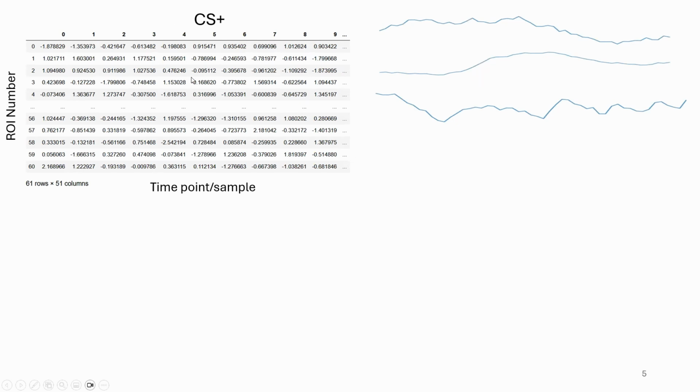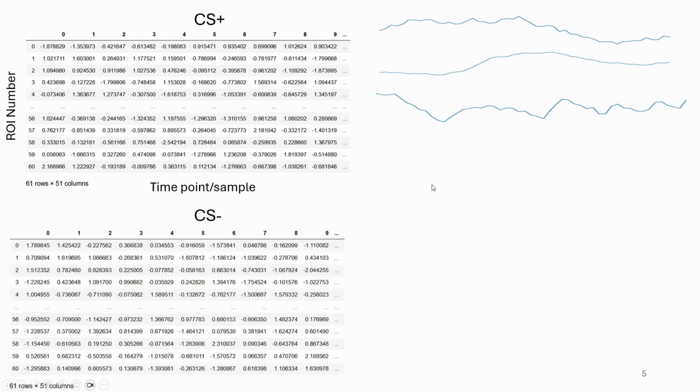And then at some point here, maybe sample six is where time zero is when the event comes on. So you also have something similar for CS minus. Note the dimensions are similar. And most importantly, the Y dimension has to be the same, because if you're trying to cluster cells, the data should be coming from the same